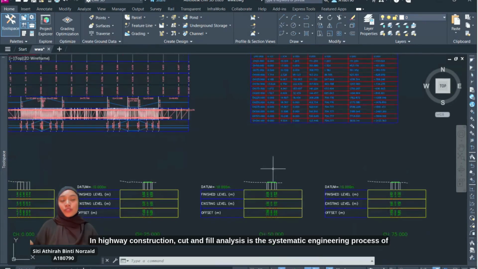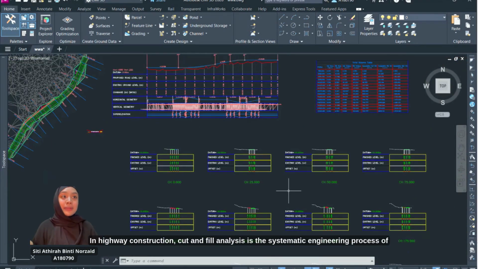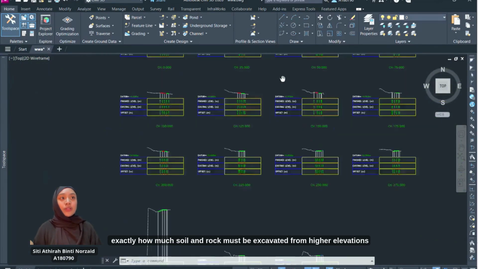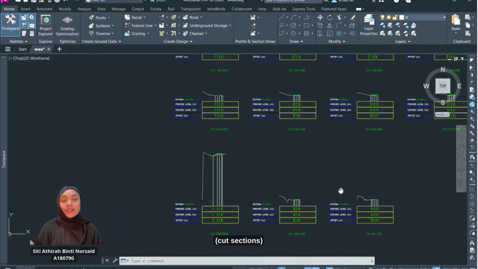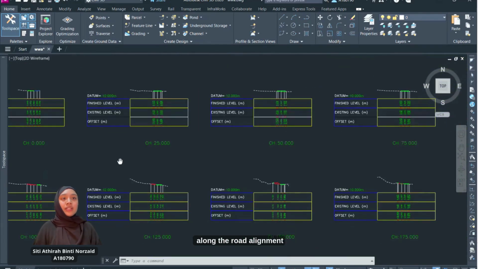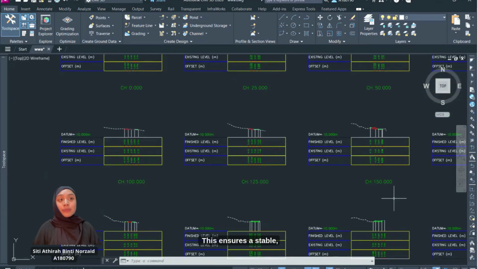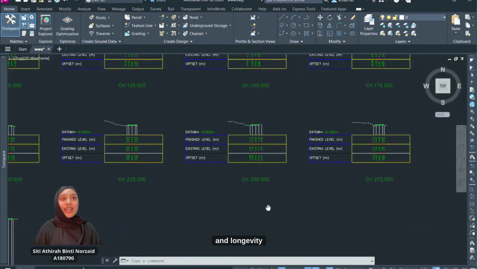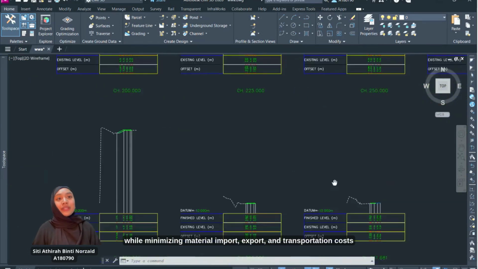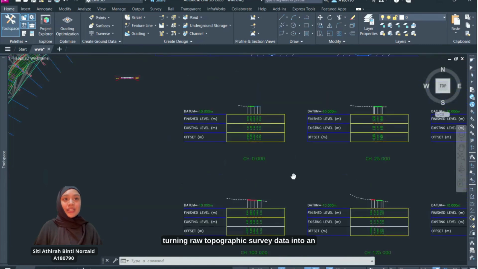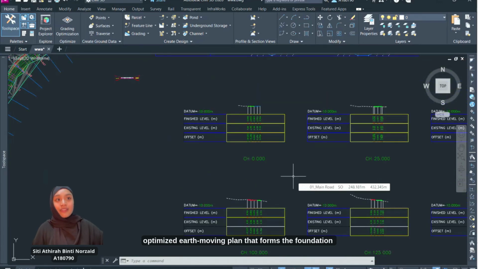Next, in highway construction, cut and fill analysis is the systematic engineering process of balancing earthwork operation by calculating exactly how much soil and rock must be excavated from higher elevation, which is the cut section, and used to build up lower areas, the fill section, along the road alignment. This ensures a stable, properly graded road bed that meets the design specification for safety, drainage, and longevity while minimizing material import-export and transportation costs, turning raw topographic survey data into an optimized earth-moving plan that forms the foundation of